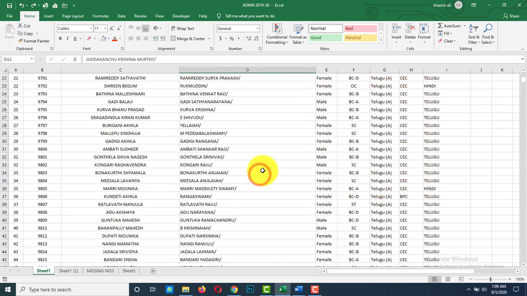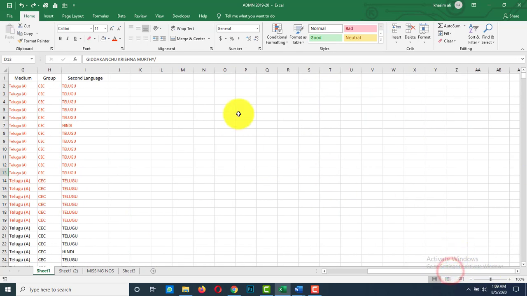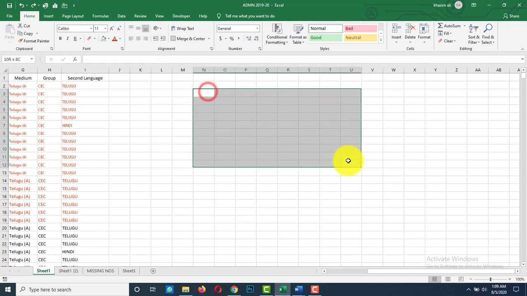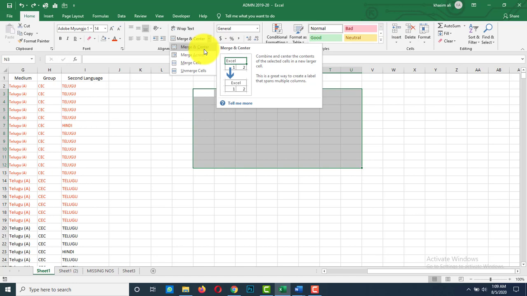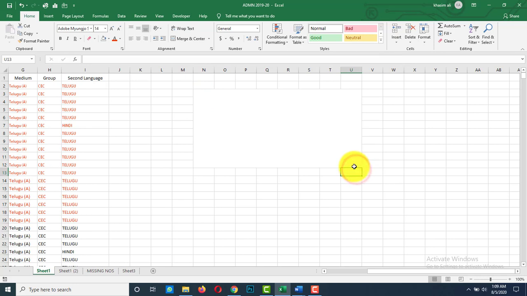If you select blank cells, for example, I am selecting this area. If you click on merge and center, it merges all the range from N3 to U12.